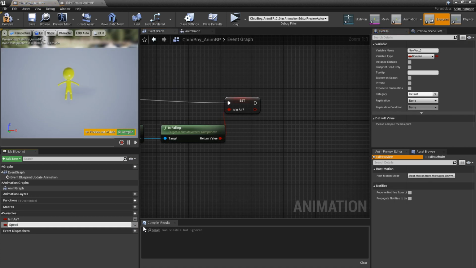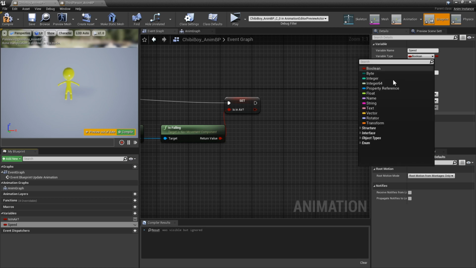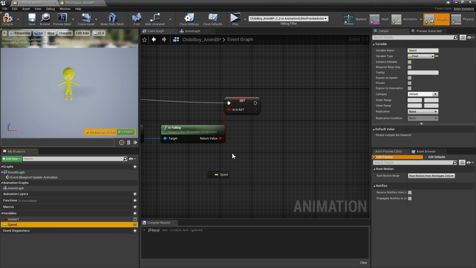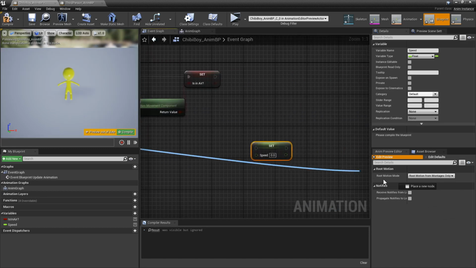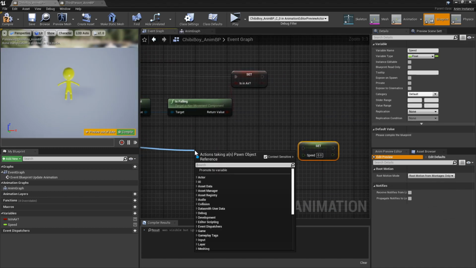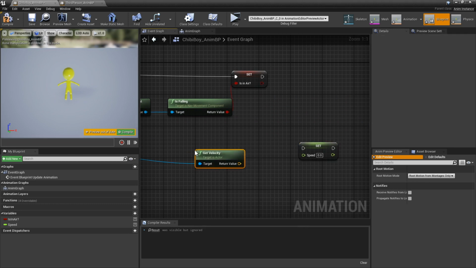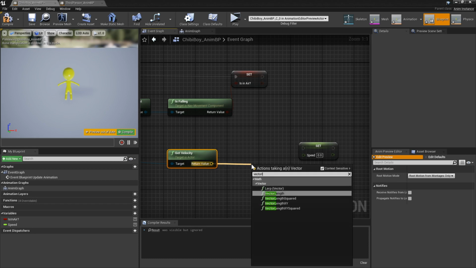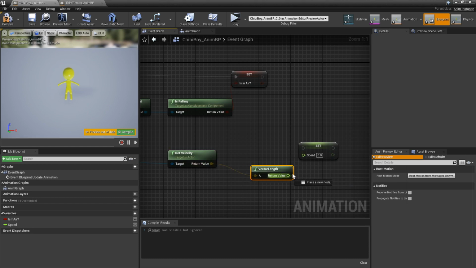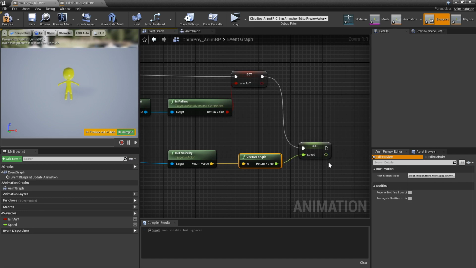So we need to create a brand new variable. We are going to call it speed, and we are going to make it a float. And then you just set it here, and you should be able to get the velocity and the vector length from the pawn owner also. So just type in get velocity, and then from it we are going to get the vector length and just connect it to the speed. And of course this part is connected here,